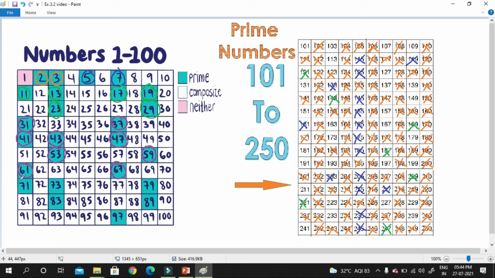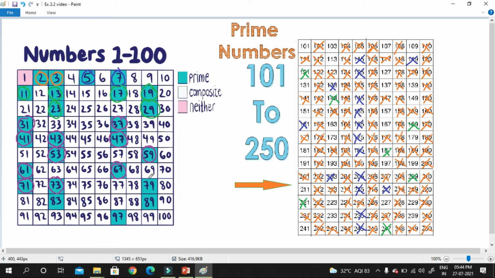Then 71. Multiples are 142 done, 213. It is already done. Then multiples of 73. 146 done, 219. It is already done.